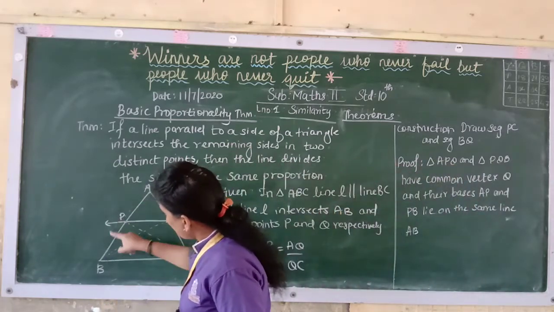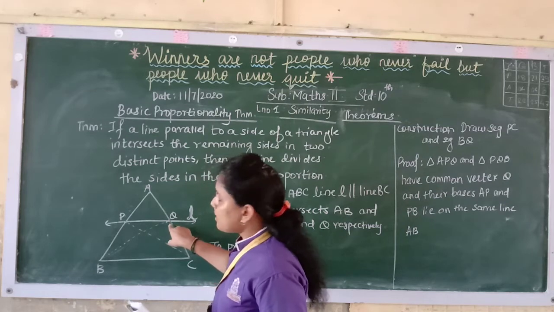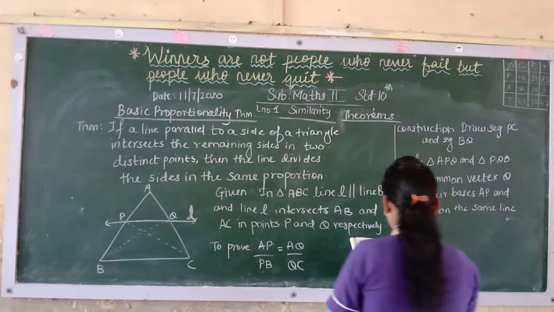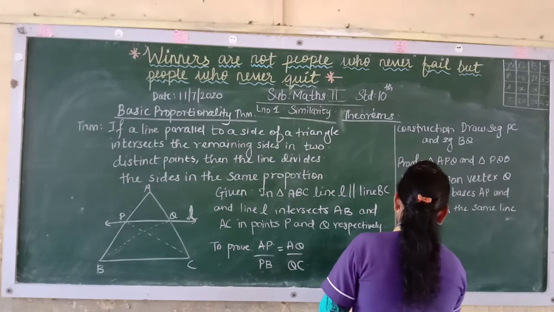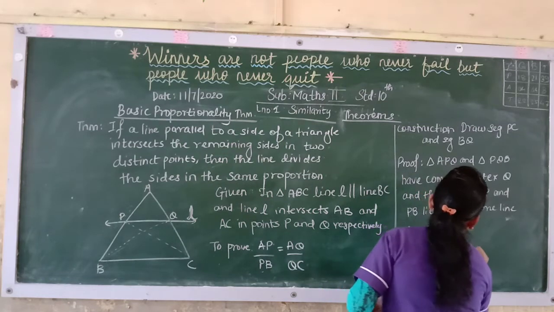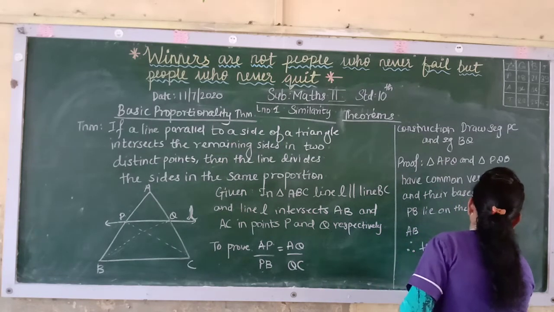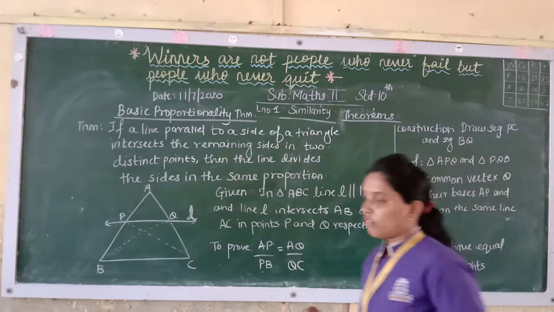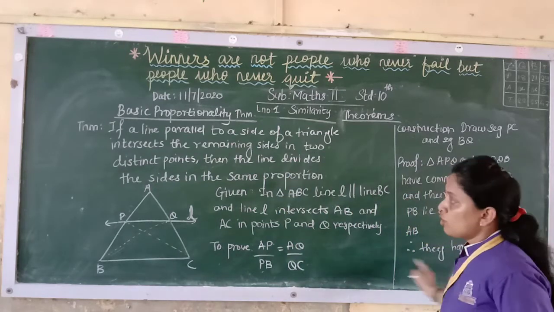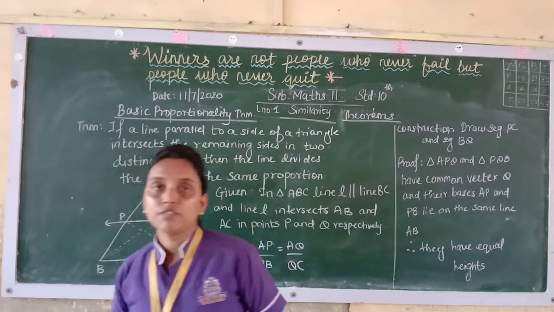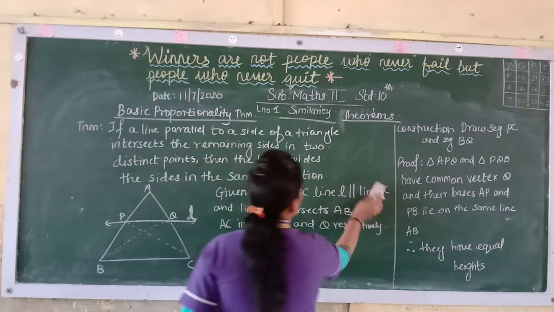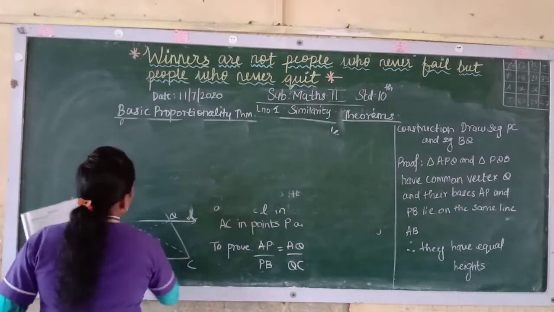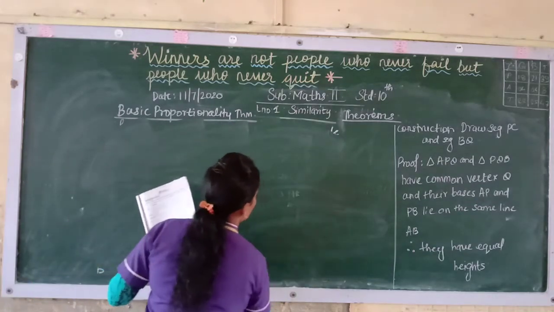They are lying on the same line, both the bases, and their vertex is same. So the distance will remain same, so height will come equal. So here you can write, therefore they have equal heights. So when they are having equal heights, what we had done in the ratio of areas of two triangles: when they have equal heights, the ratio of the areas will be proportional to their bases. So here you will write that the ratio of the areas of two triangles is proportional to their bases.